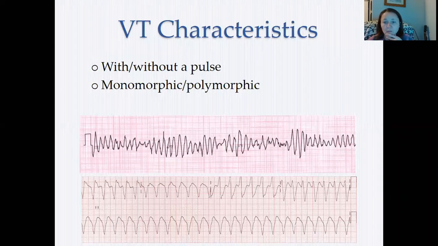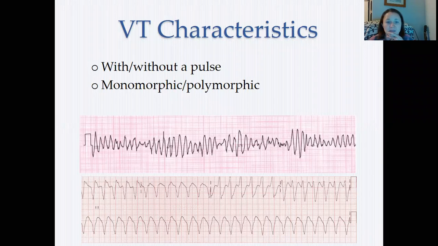So we're talking about the characteristics. First thing, with or without a pulse, is going to change how we're going to treat it, right? The next thing we're going to look at, and we talked a little bit about this with PVCs, is whether it is polymorphic or monomorphic. So mono is one, poly is many, morphic is talking about what it looks like, the shape